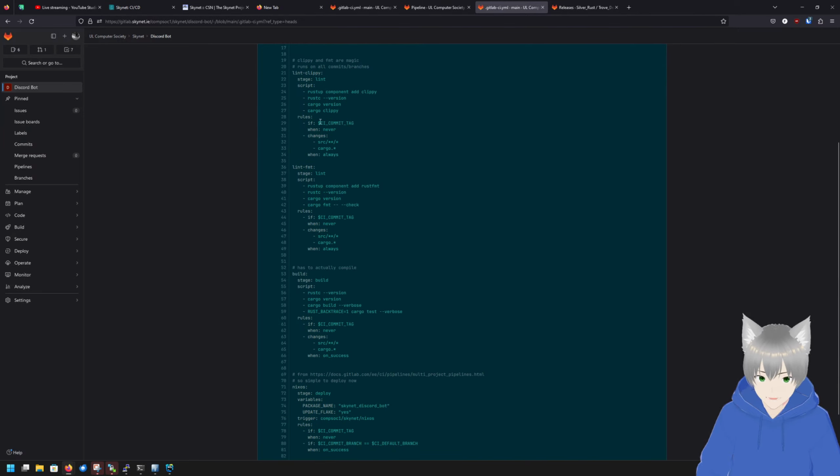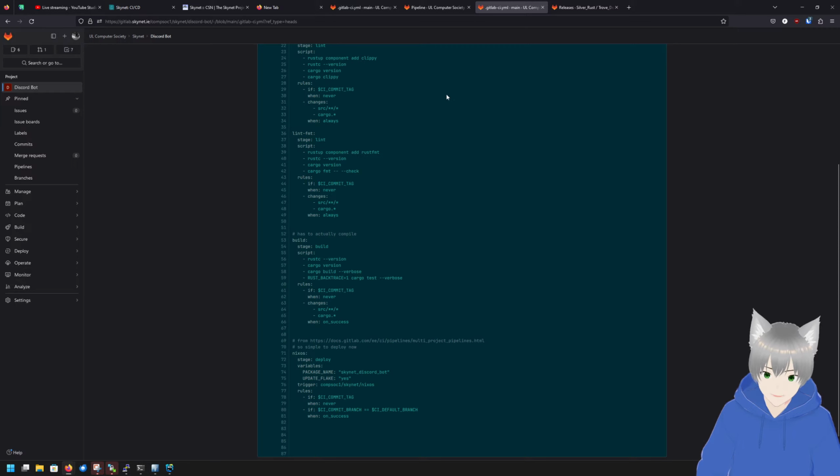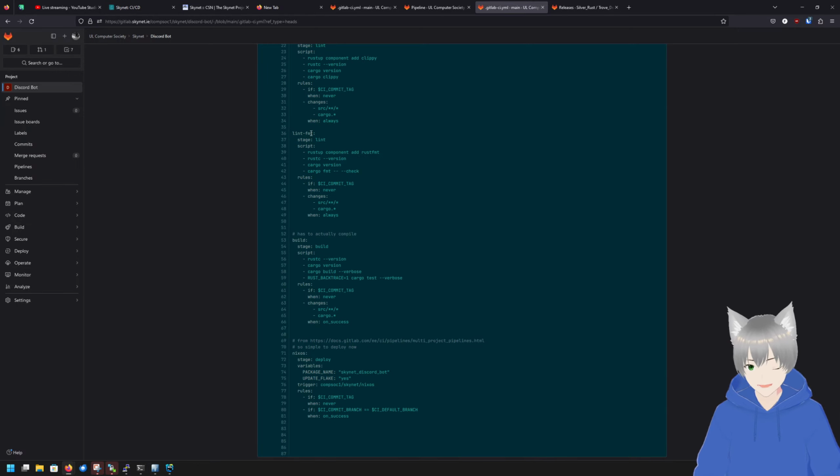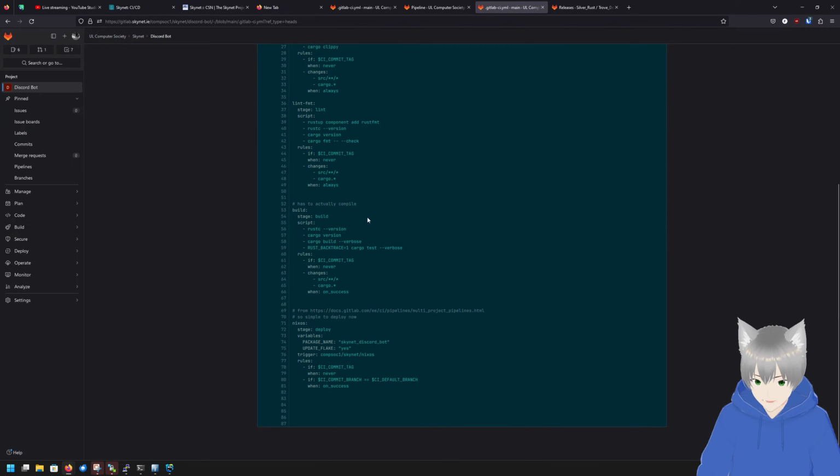And in this case, I think it only runs on... I can't remember exactly why this is run. There's a way to explain it. And then the formatting just checks if the formatting is correct. I'll enter essentially, and then there's the burn stage.